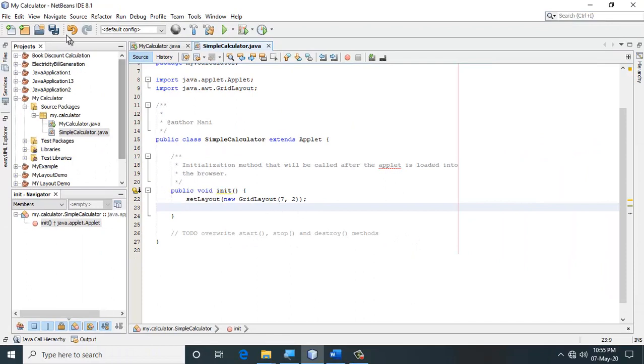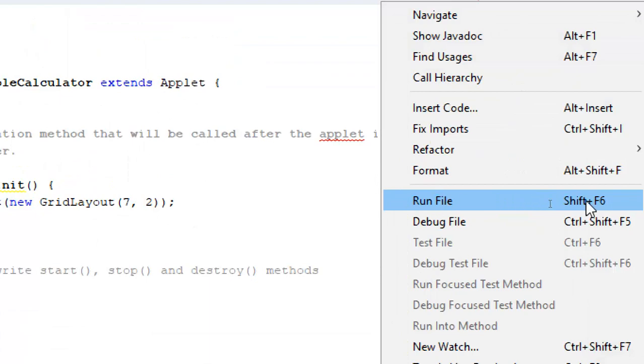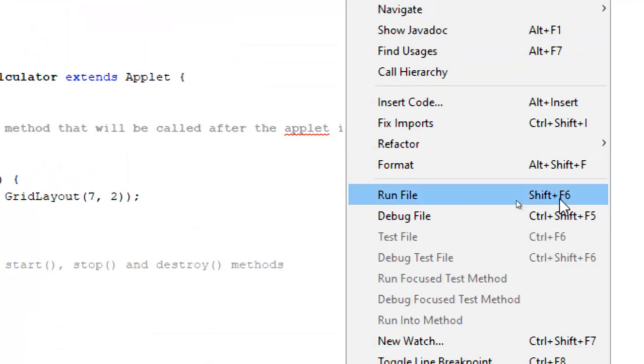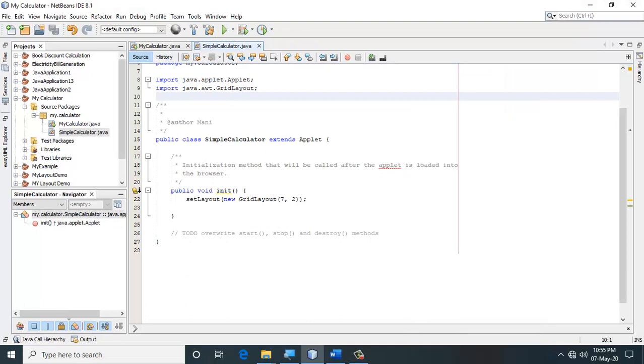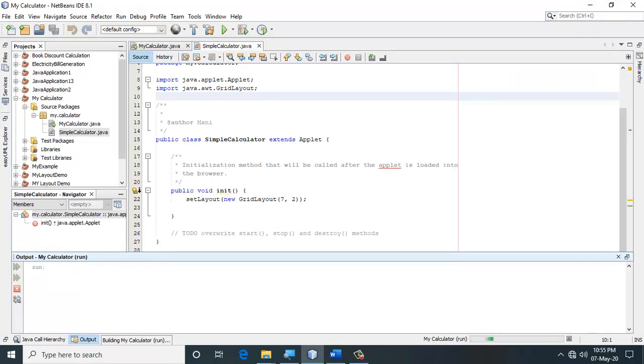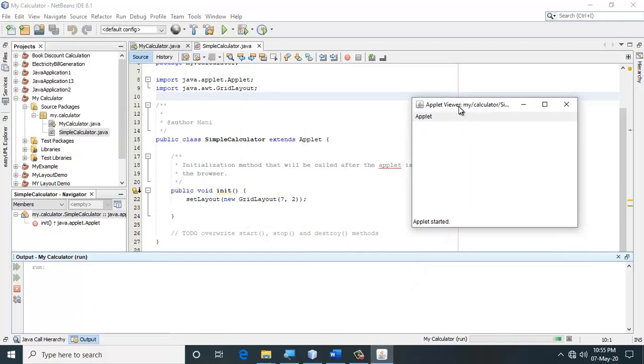Now in order to see how this is going to appear, just right click anywhere on the source code and then select Run File. So you can also use Shift F6 to run it. So I'm going to right click and run this file. Now when you run this particular application, you're going to see an applet which is very empty.